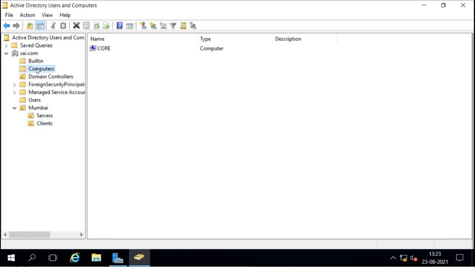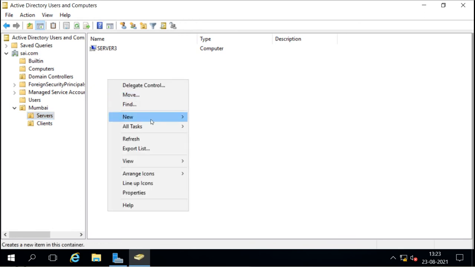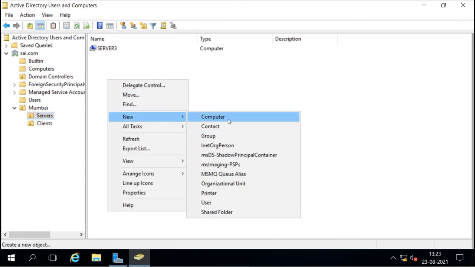Now if you want to create the account directly under these OUs, you can create the account before joining the domain. For example, we have server 2 and we have not joined it yet. So I will create a computer account under this OU.